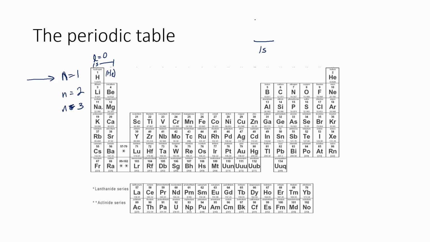So lithium has n equals 2, first two columns, so s designation, and that's where we'd find that electron. Beryllium has the second one, so that's 4 electrons total. Hydrogen, helium, lithium, beryllium. And now when we go across to boron,